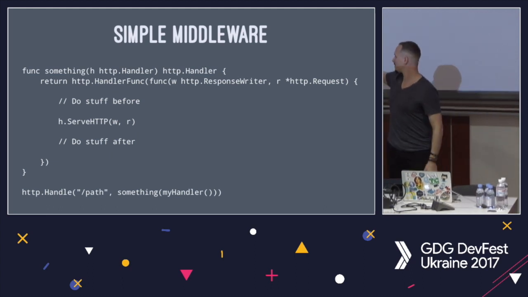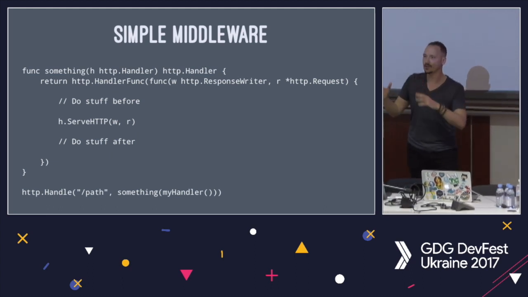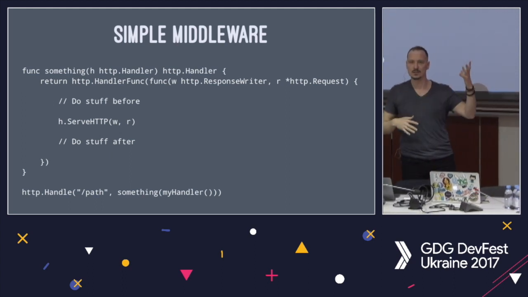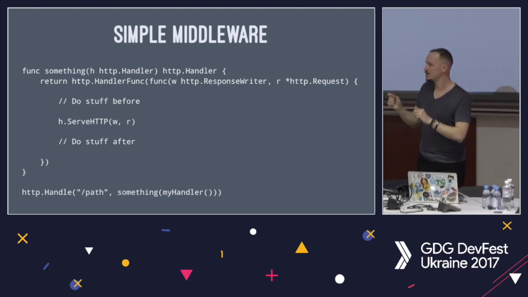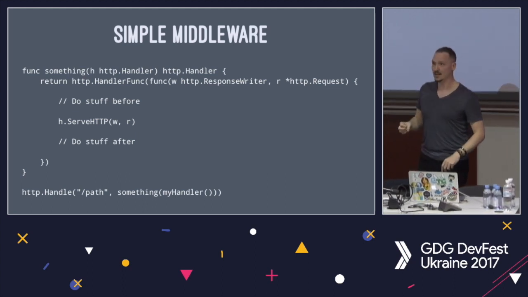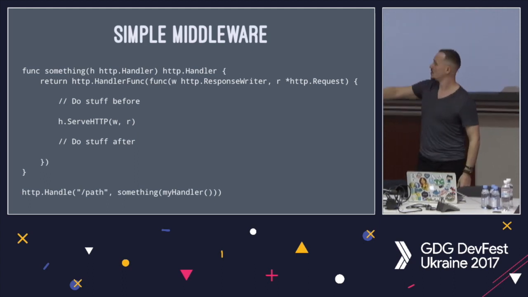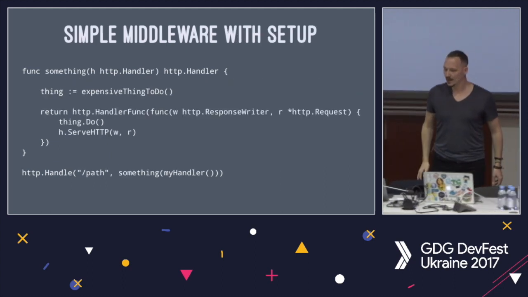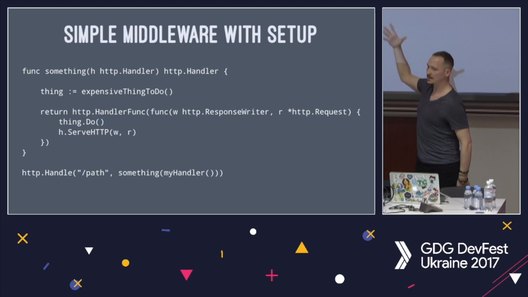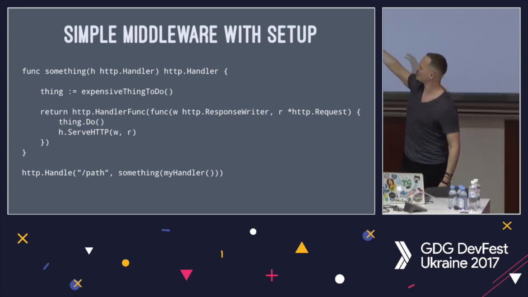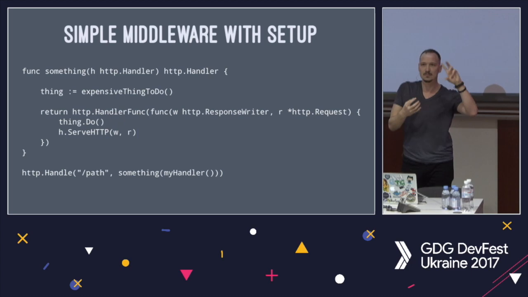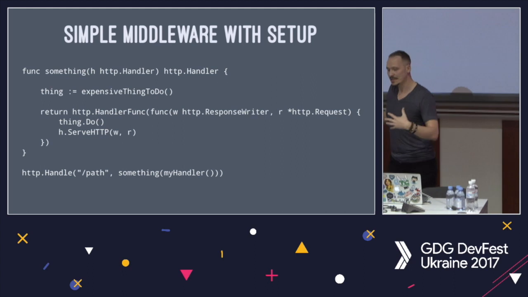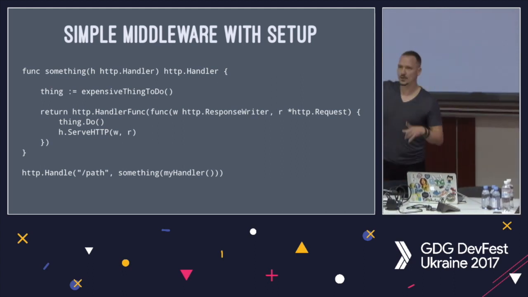And then to use it, you just chain them like this, or you can write different things. Because it's HTTP handler, you can pass in the whole server to these middlewares too, or pass in just individual handlers as well. And you can test these quite nicely as well. And the best thing, you can use defer in there. I love defer. Use defer. You can also do some setup in the middleware too, right? Because again, it's a function, and we're going to just return a new thing. You've got some time to do stuff, like maybe there's something expensive that you want to get ready for this, that you need, or you can do it early.